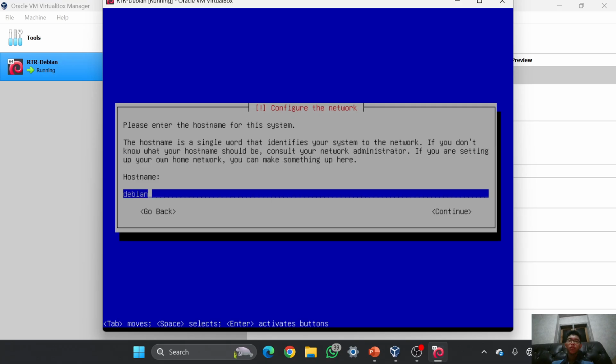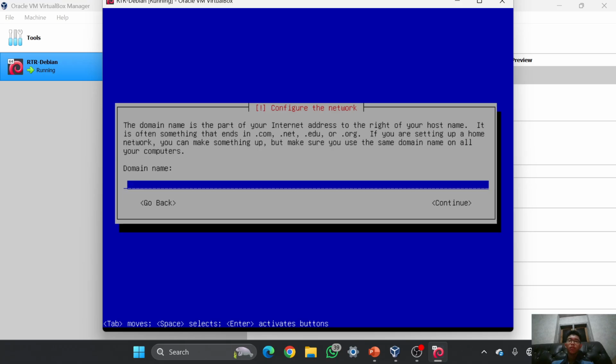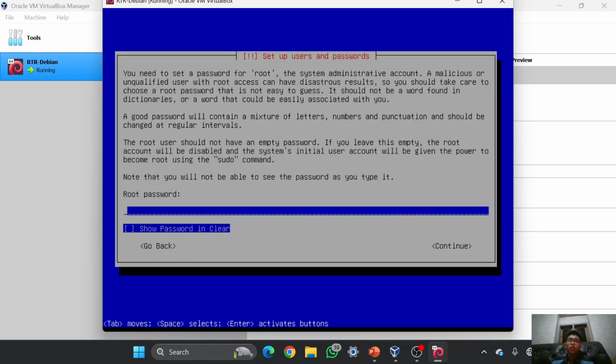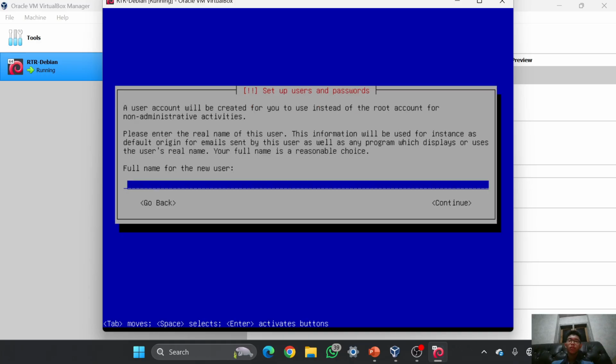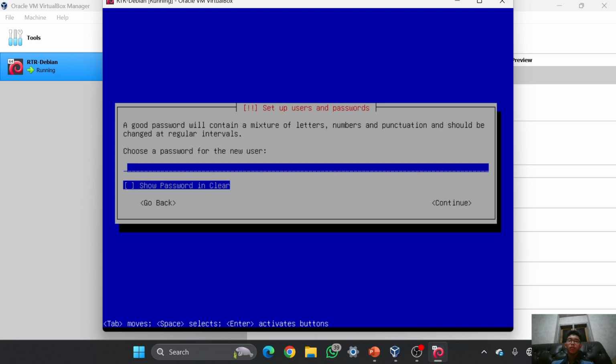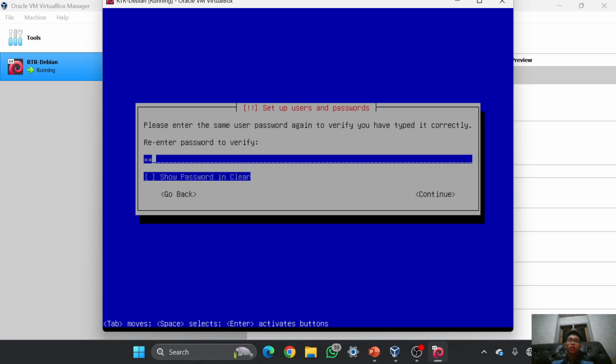I will just continue, and for the host name I will just use Debian. I don't have a domain name, so I will continue. For the root password I will set this one, and I can retype it again. And for the name of the user I will use Kier, and here again, and the password.